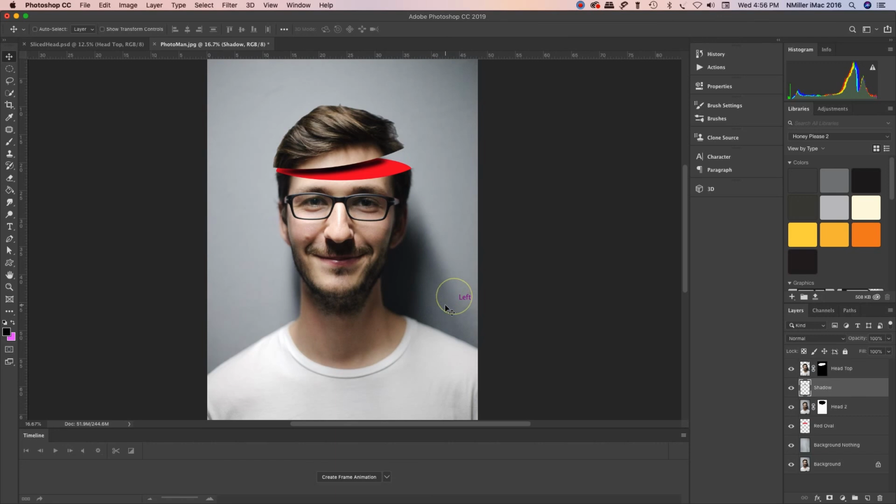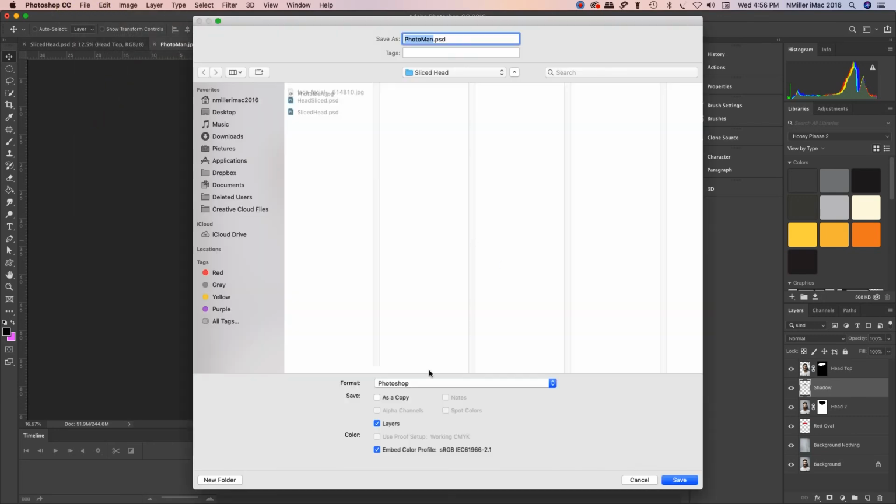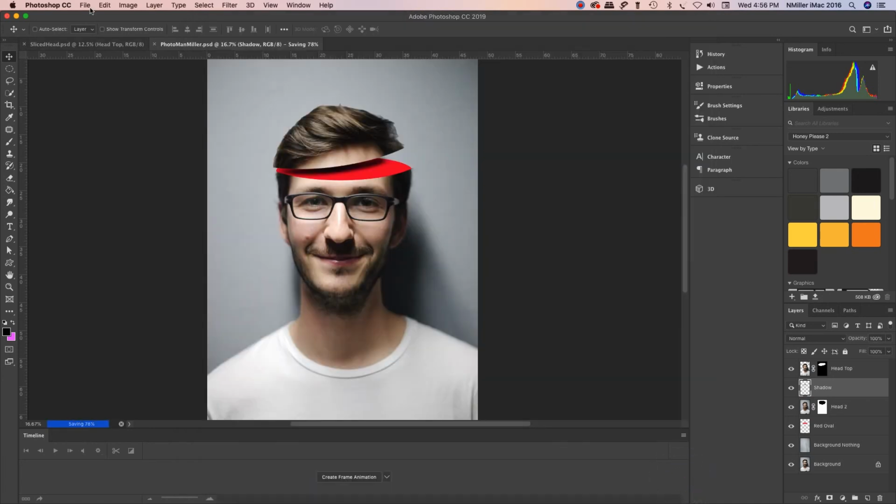Okay. Alright, so I'm going to hit File, Save As. You want to keep a Photoshop version of it. I'm going to type my name at the end of it. Hit Save. And then after it finishes saving here, I can see its progress down at the bottom. I'm going to save as,